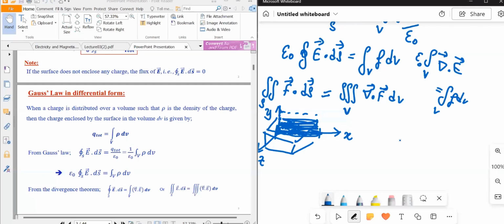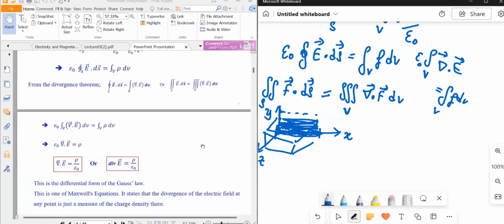So with that, here we have the volume integral, and here also the volume integral for the same volume. And if the volume, like the considered limit, is also the same, then we can write